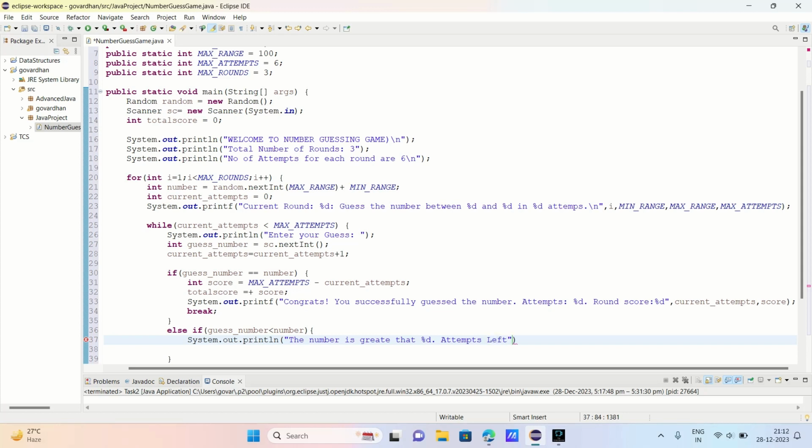Okay, that's it. Here it is. I'm going to give %d. While using %d, we have to use printf, guys. Don't forget that, otherwise you will get an error. So here I'm going to use guess number. This %d is equal to guess number,